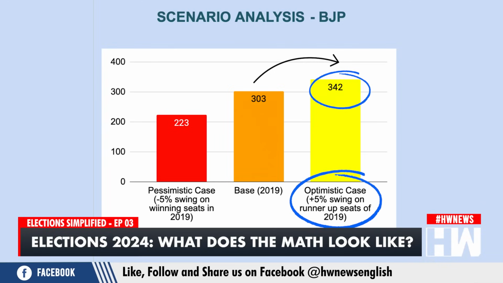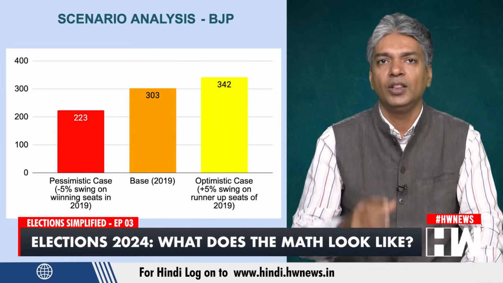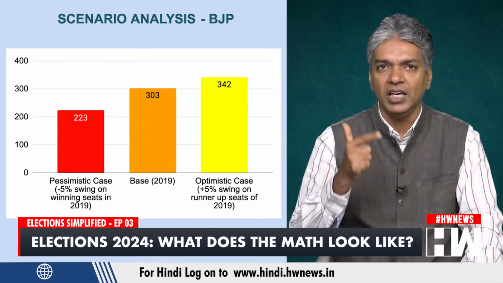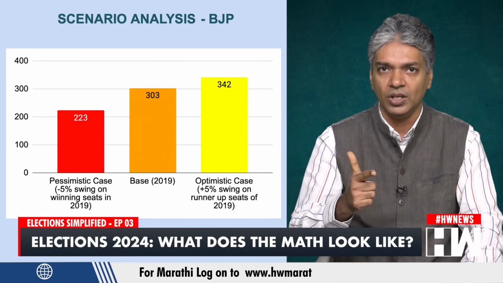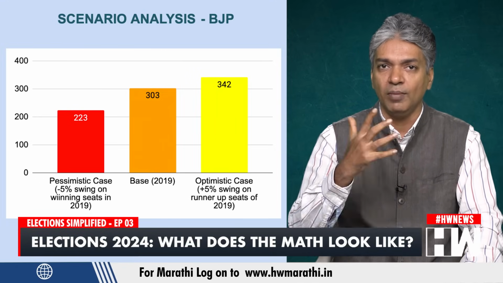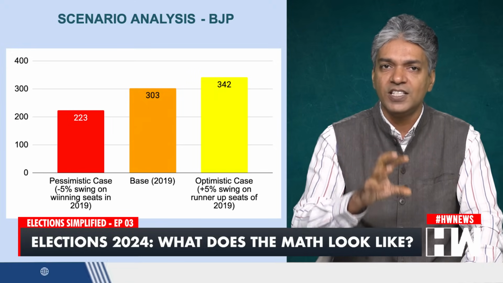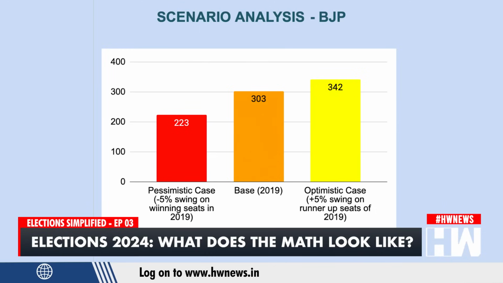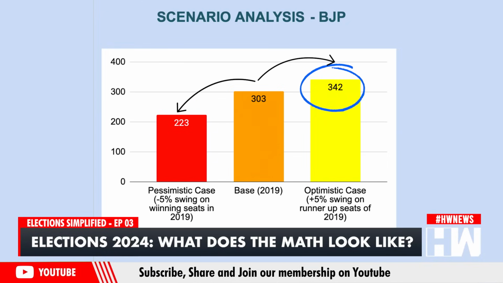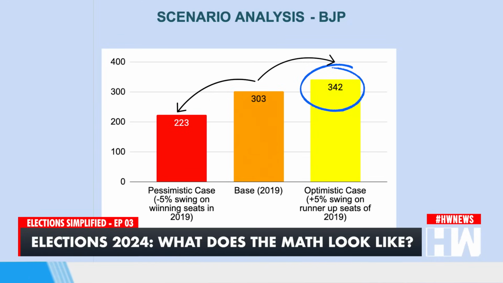This is what I call the optimistic case for the BJP. The swing could be due to a range of factors including pro-incumbency, increase in popularity of Prime Minister Narendra Modi and the NDA, and the new schemes to tackle issues like inflation, unemployment, corruption, and differences within the INDIA bloc. So in effect, the BJP's range seems to be from 223 seats to 342 seats, 223 being the lower end and 342 being the upper end, depending upon how things shape up in the next 7 to 8 months and